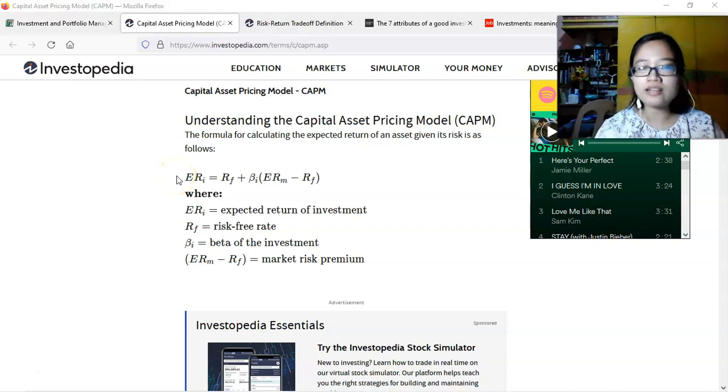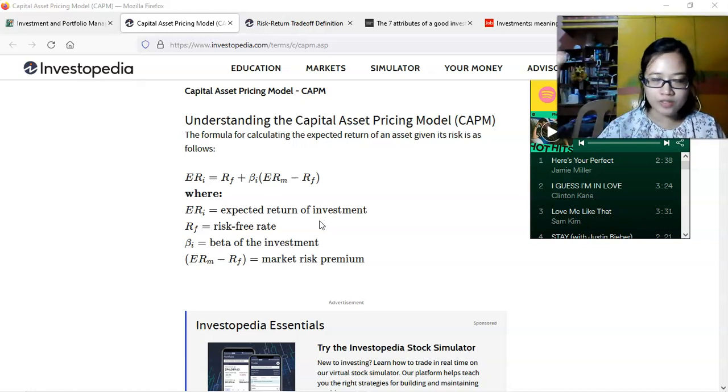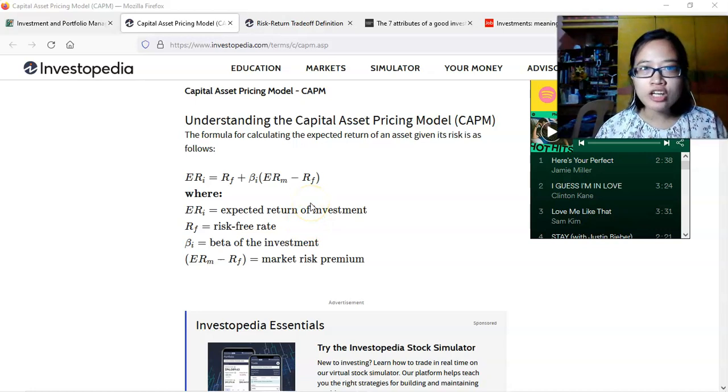Ngayon, kung yung historical return on a particular investment is less than the expected return of investment, then essentially in the decision-making process, ang magiging result niya is that you're probably not going to invest in this particular asset or investment kasi nga mas mababa yung kanyang naging performance compared to your expected return ng investment. Okay? But if the projected performance is higher, then you could probably go ahead and pick up that company or particular security to add into your portfolio.